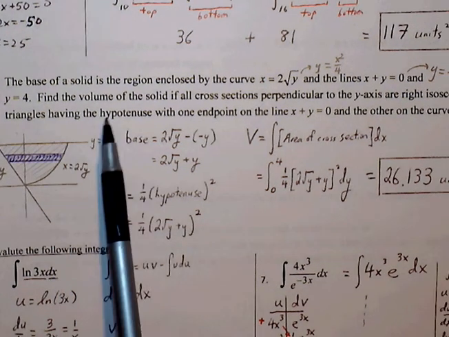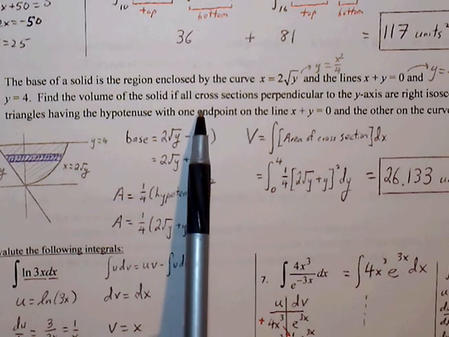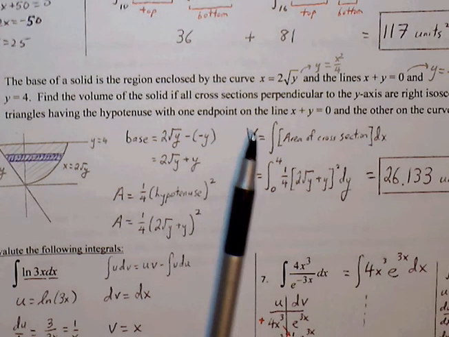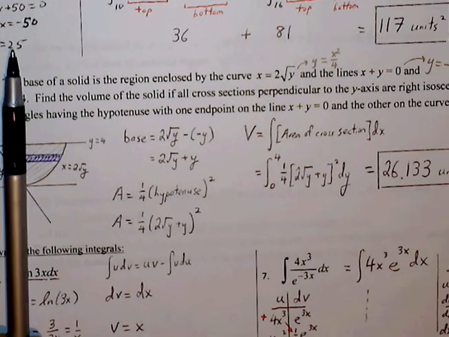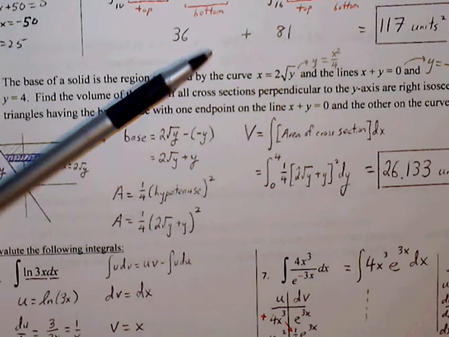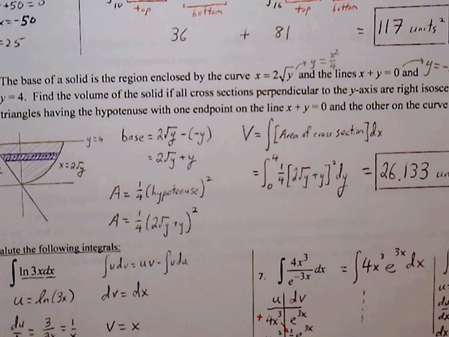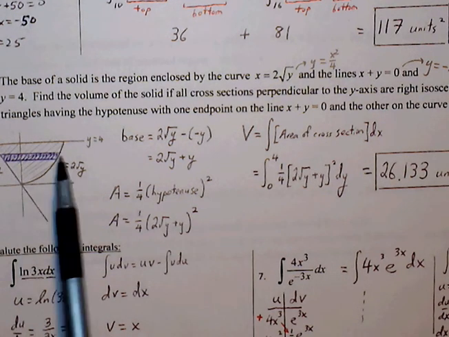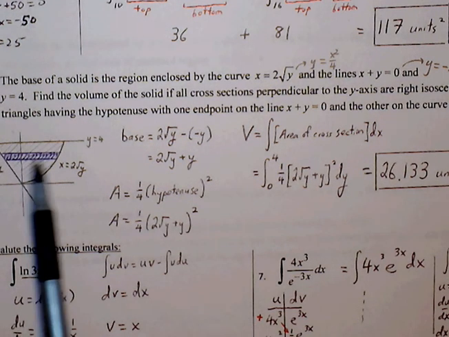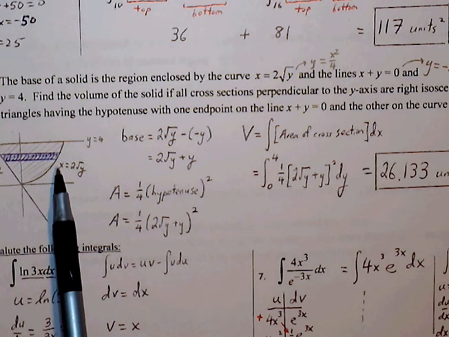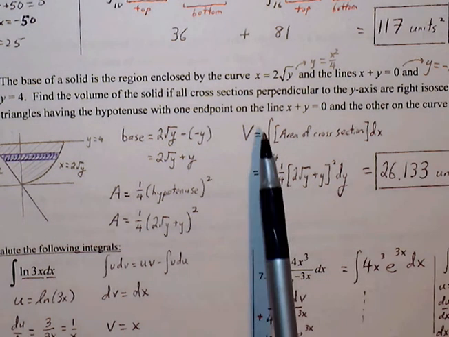Find the volume of the solid if all cross sections are perpendicular to the y-axis. So the y-axis is vertical. Perpendicular would mean 90 degrees, so we're drawing a cross-section that is horizontal. And if it's horizontal, that means our base length will have to be in terms of y. Okay, we have to do cross-sections